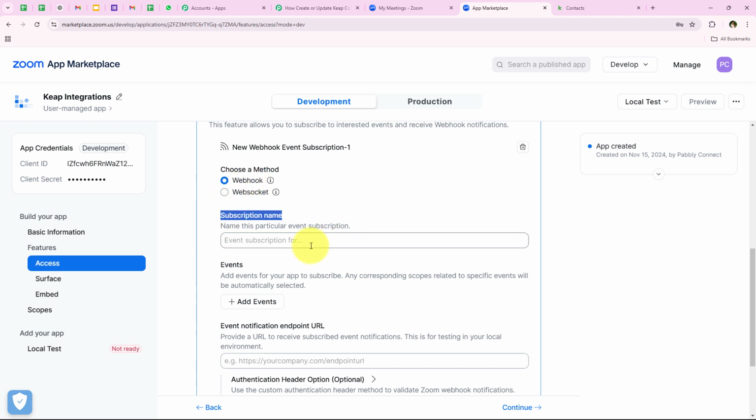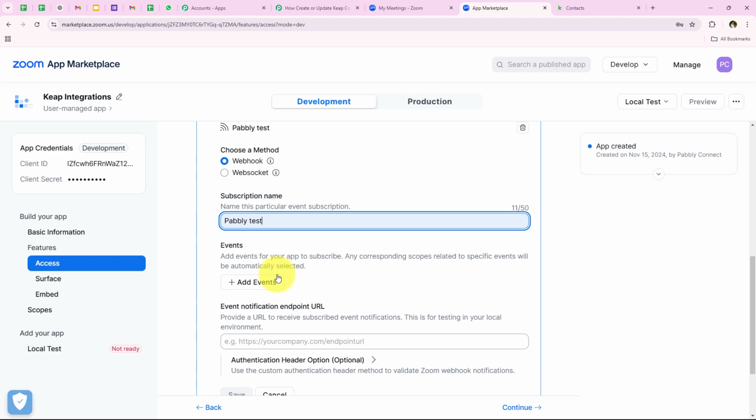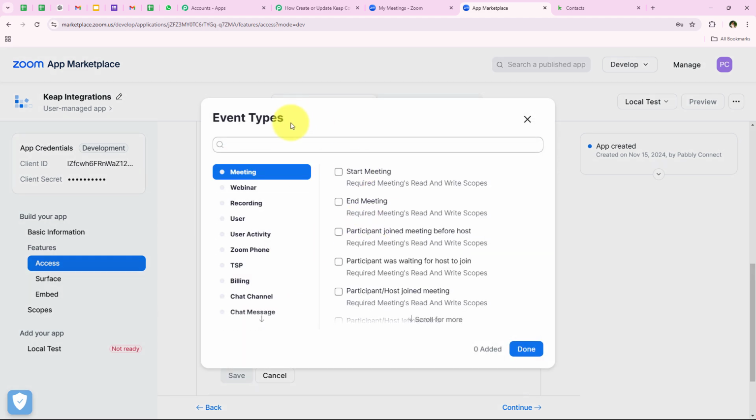It is saying subscription name. I'm going to keep it as Pabbly test. It is saying event, so I'm going to add the event right over here. I'm going to search for meeting right over here, and we're going to add an event which says registrant